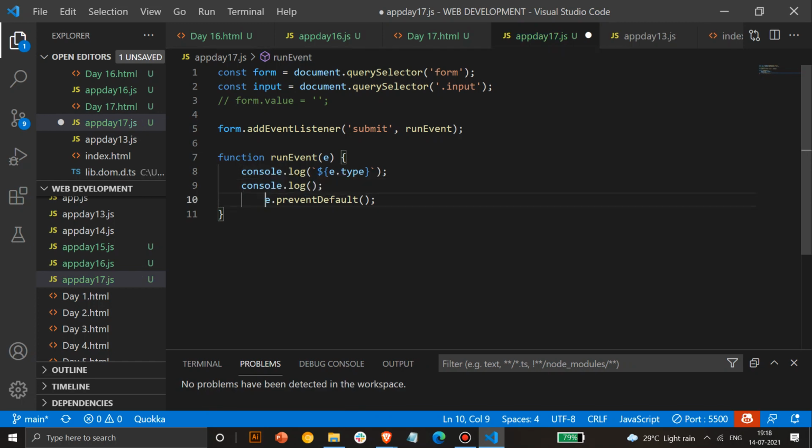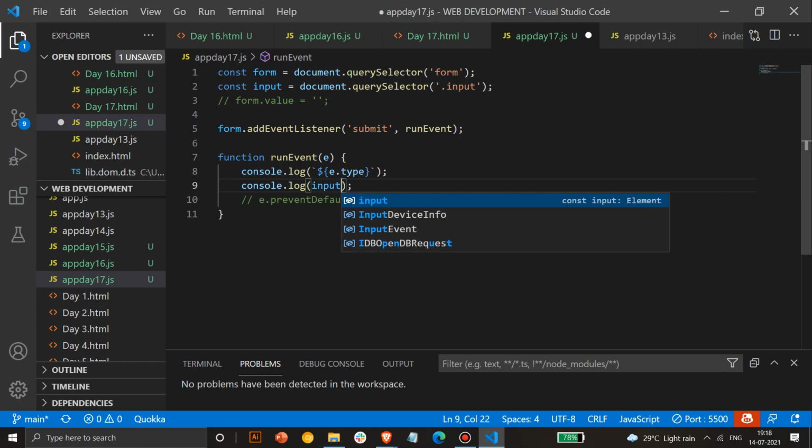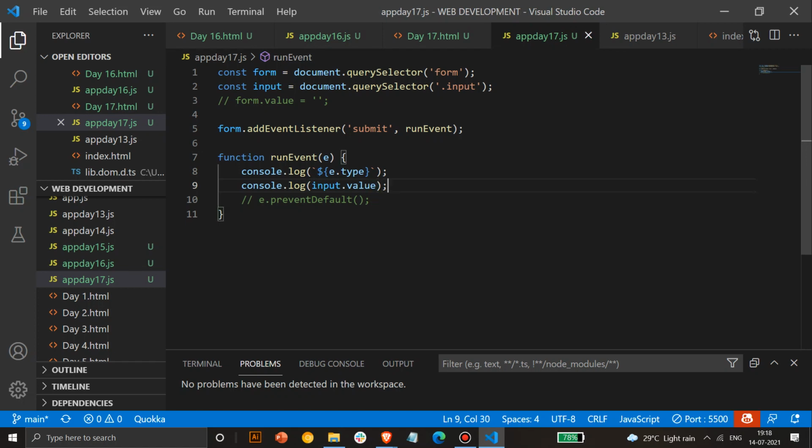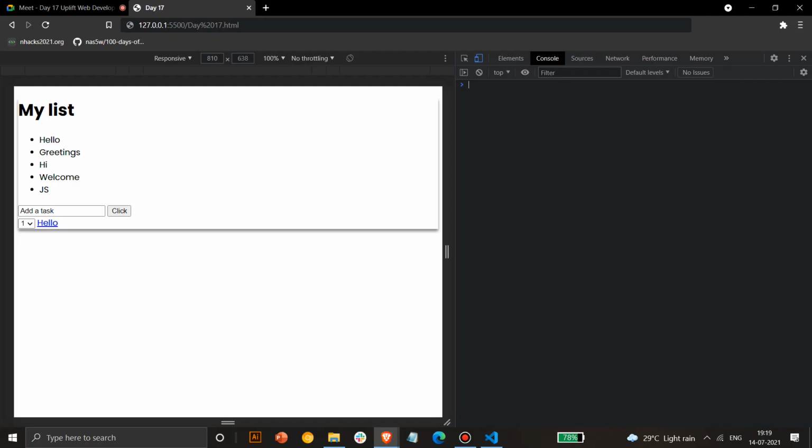Okay, I'll remove e dot prevent default now. Okay, and what else we'll do is we'll do input dot value. So whatever attribute is present, you can call that specific attribute and it will print that specific attribute if you want to do it. So let's see if this doesn't give an error. If it does, I'll see. So what happens as soon as you click this, it will redirect to another page.